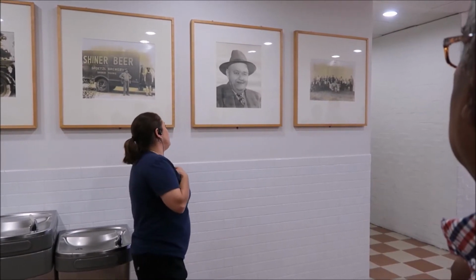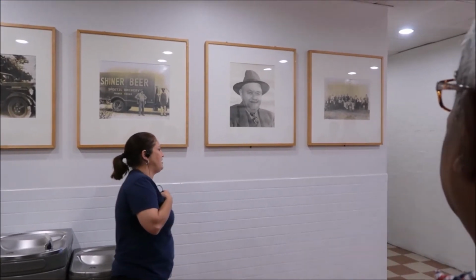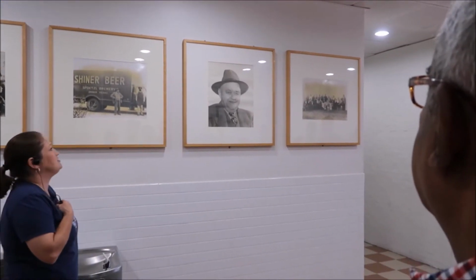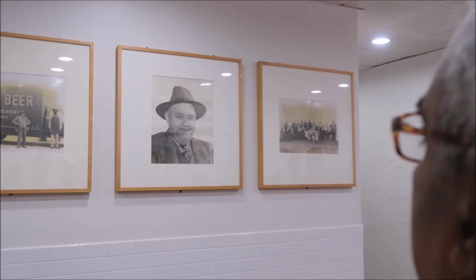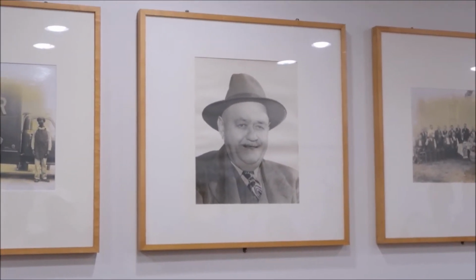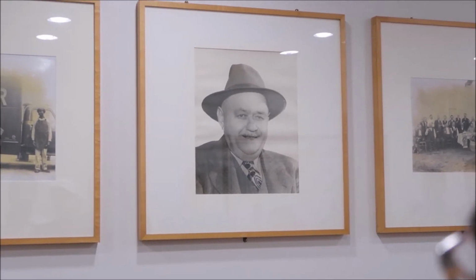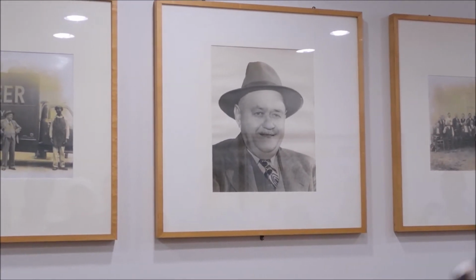He lived in Germany and worked at various breweries, and he came here and bought the brewery in 1915 and owned it up until 1950, when his only daughter, Miss Cecile, took over. Miss Cecile only had one daughter, and her name was Rosa. Rosa did not want to take it over, so that's where the Spoetzl line ended, but